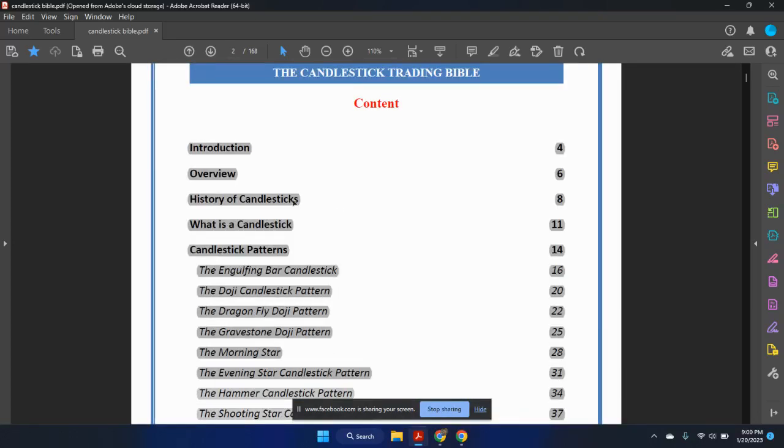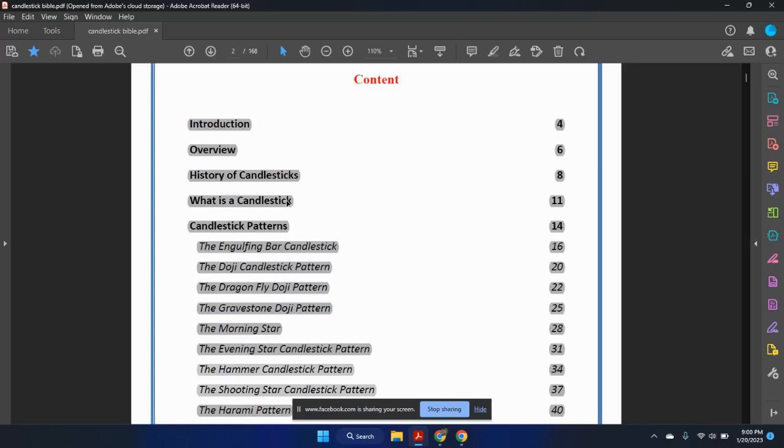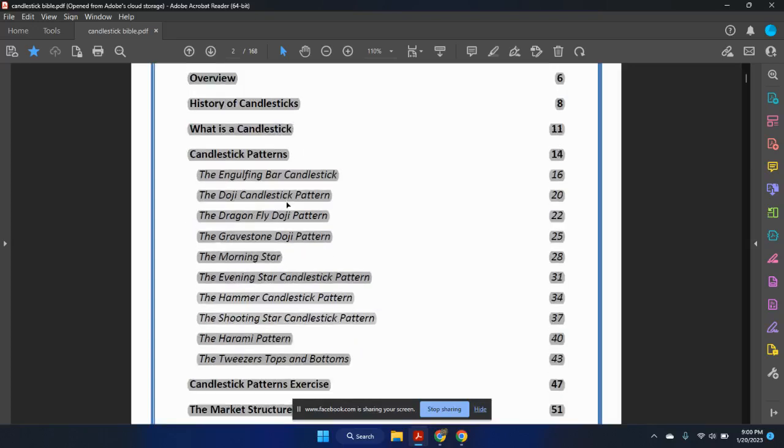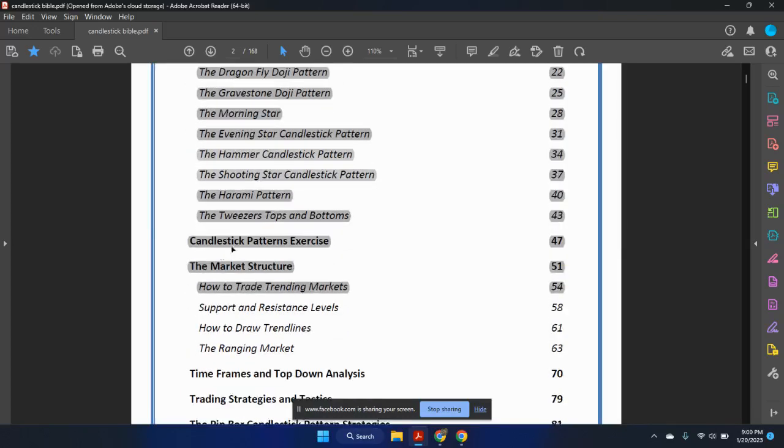If you are just now joining me, we have been going over some things, but don't worry, they have all been recorded so you can watch the videos and review them later. Last week we ended with market structure and how to trade trending markets. Today we're going to go over support and resistance levels. I think I'm only going to talk about this today and not go into trend lines, because support and resistance levels are really